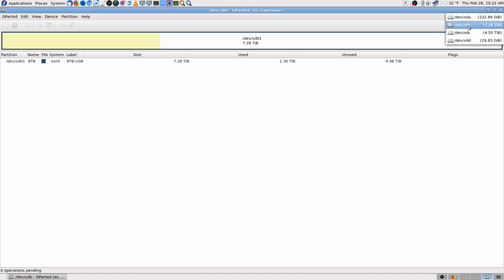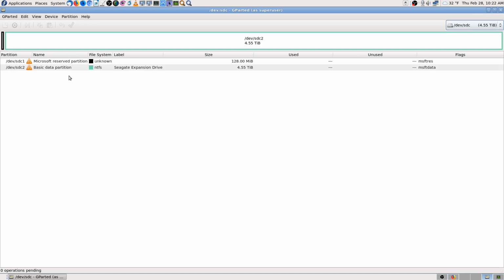SDC is my 8 terabyte drive. SDB, I'm sorry, SDC is the 5 terabyte drive. You see, it's a mark. I did not change it. I left it as default, and it has a reserved partition, a hidden partition, Microsoft Reserved. It's labeled there, or a flag, I guess, MS reserved, and then the NTFS, where the data is, Microsoft basic data, and the flags are, let's see,